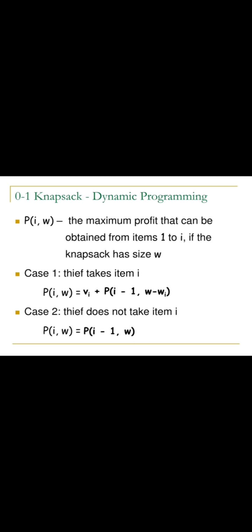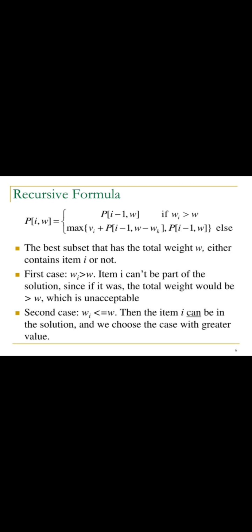0-1 knapsack dynamic programming. P(i, W) is the maximum profit that can be obtained from items 1 to i if the knapsack has size W. Case 1: the thief takes item i. P(i, W) equals vi plus P(i-1, W-wi). Case 2: the thief does not take item i. P(i, W) equals P(i-1, W). Recursive formula: P(i, W) equals